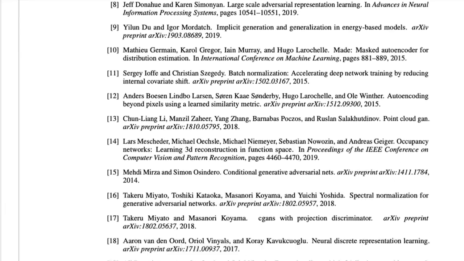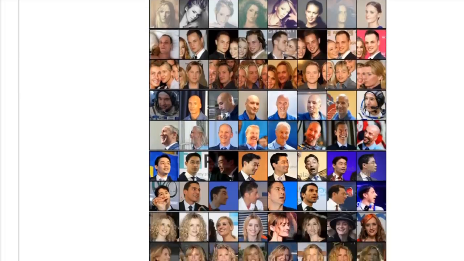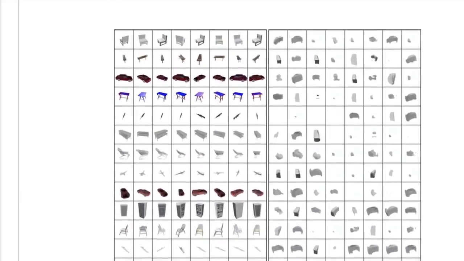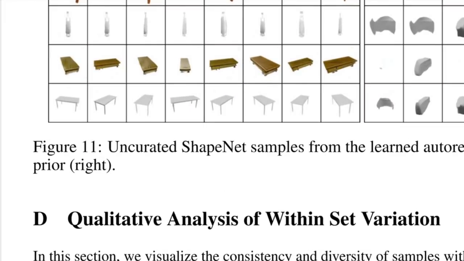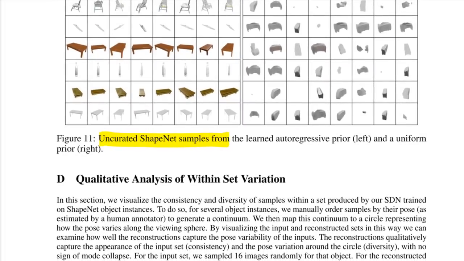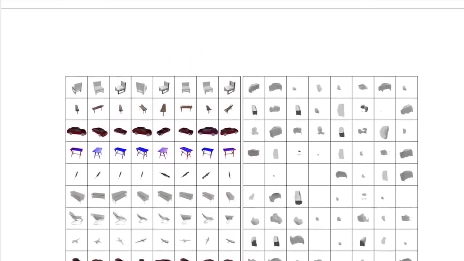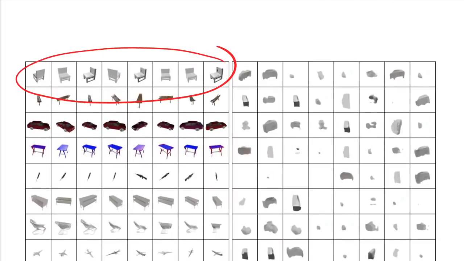I want to look at some more of the samples, because I've only shown you the reconstructions. What I also find interesting is the free samples. So here you can see uncurated ShapeNet samples, and on the left you can see the effect from the learned autoregressive prior and a uniform prior on the right. And here you can see this effect of learning this prior. So if I learn the prior, it's going to give me back fairly okay objects. If I don't learn the prior,